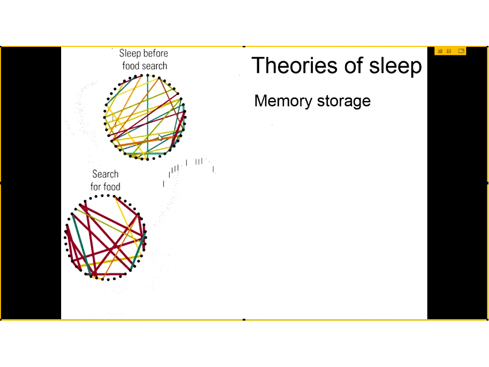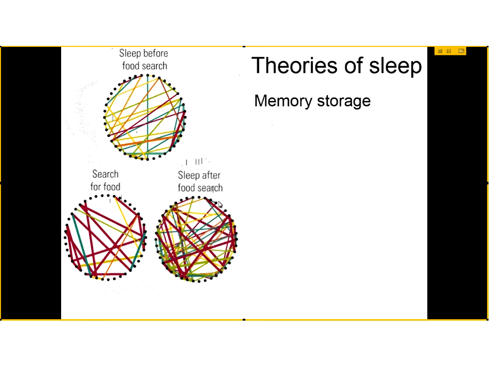Now we see that this pattern is very different from what was observed when they were sleeping before. What happens the night after the first time they walked through that environment and were searching for food? During sleep, we see that that pattern is replayed almost to the same degree as what we see when the animal was engaged moving through the environment. There's a great deal of similarity here